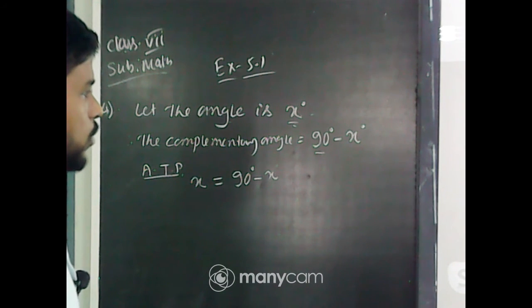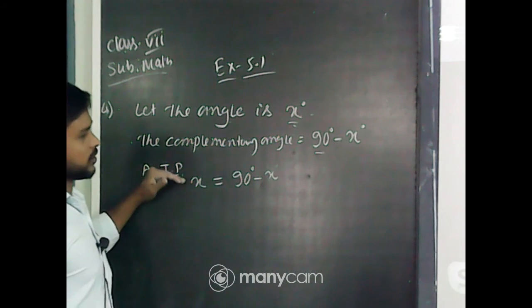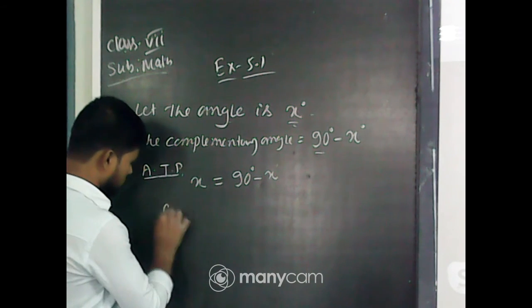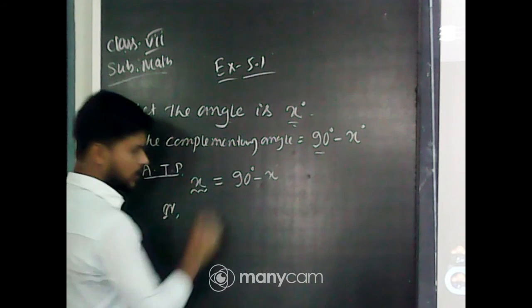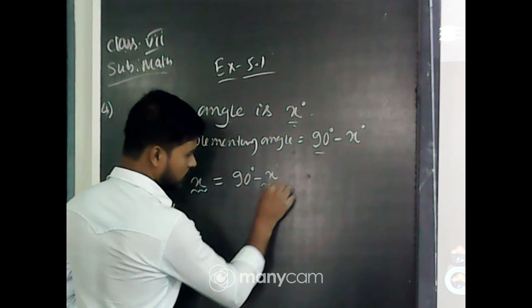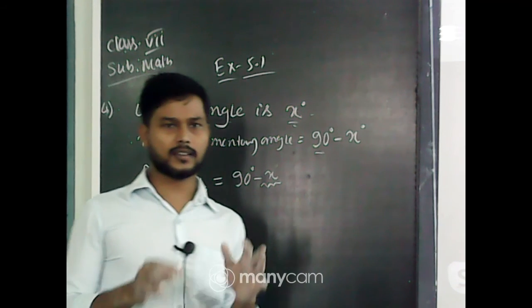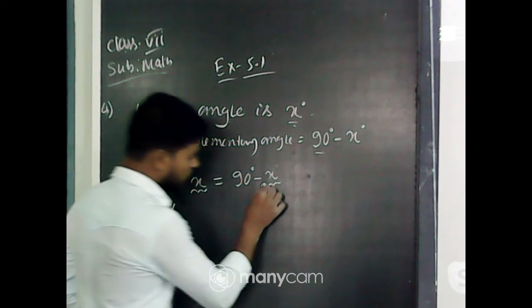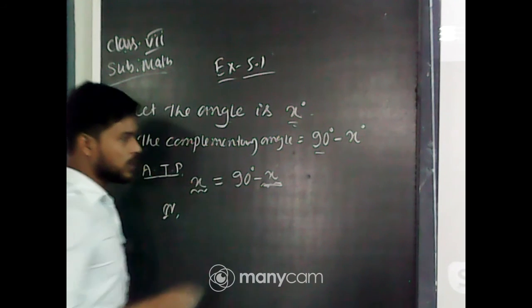If you have any doubt, you can tell me. Understood? Okay, very good. Now look, this is a very simple equation. We have to solve it. Okay, so let's solve the equation. So look, there are two x. One x is on the left hand side and one x is on the right hand side. So first we have to write the variable on the left hand side. So what we have to do? We have to shift this x from right hand side to left hand side.